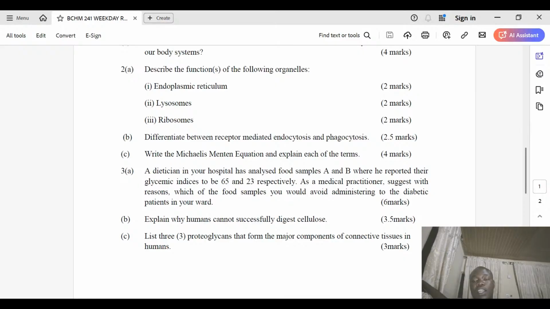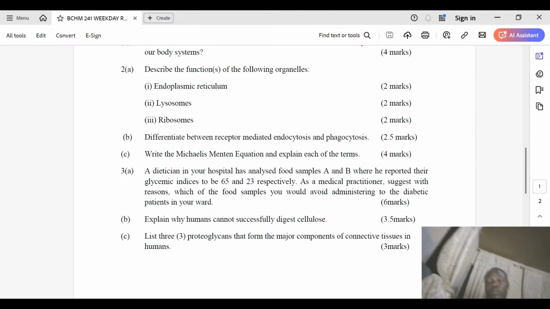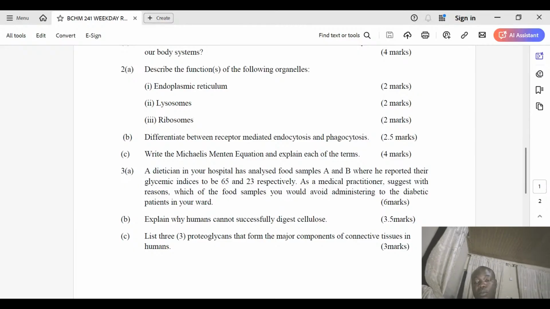Phagocytosis is the digestion of microbes. Yes, Joseph Deborah. Phagocytosis is the process in which a foreign microorganism will be engulfed by a cell. The foreign microorganisms can be any microorganisms that can cause damage. So phagocytosis is a process in which microorganisms are engulfed and get digested by the lysosomes of the cells that engulf them.